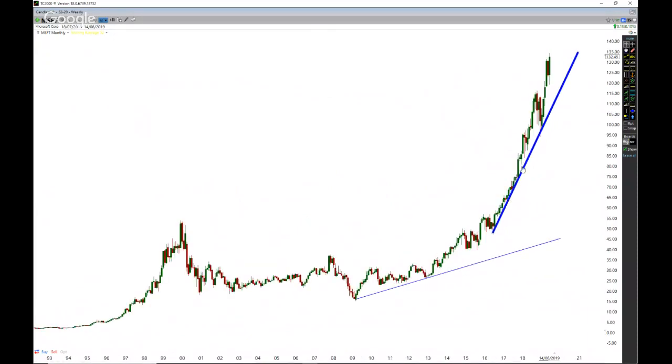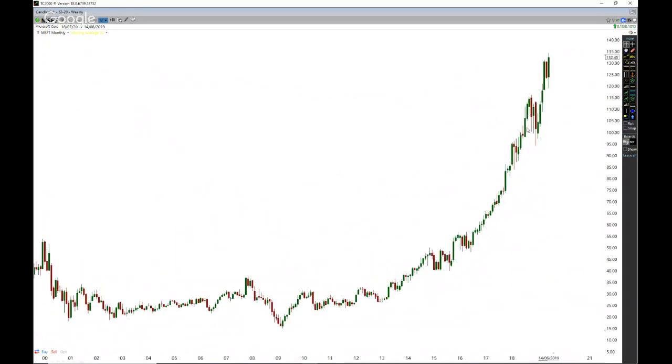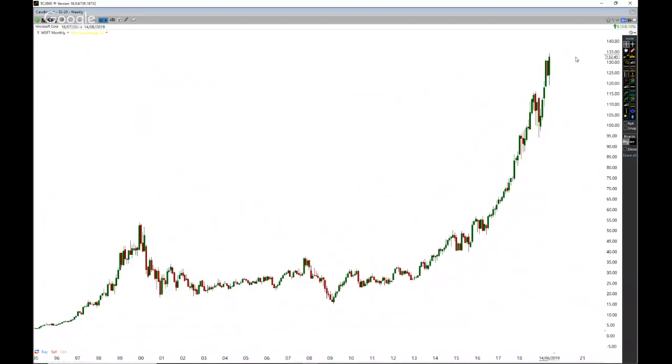Isn't that just enormous? So if we have a look at this through here, we see this long-term trend line that I've got through here on this monthly chart. If I take everything off the screen, look at that big vertical move up. What do you think this last move on Microsoft is? If we've already had a big, massive move up and then a little pullback, and now we're having another big run, what do you think this is up here? It's probably going to be more like an exhaustion move, right? Like one last push, especially when all the other tech stocks are just settling down, not doing much.